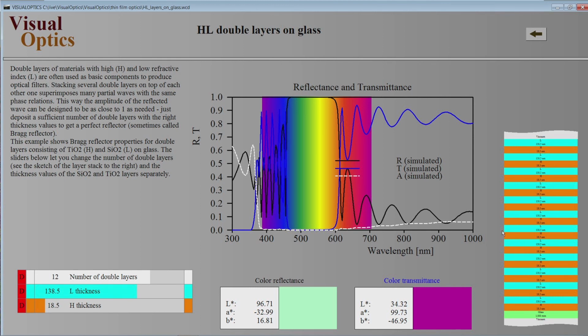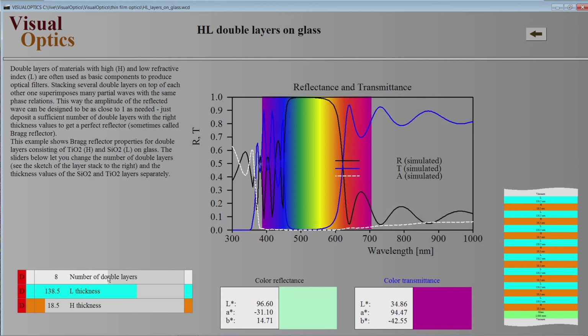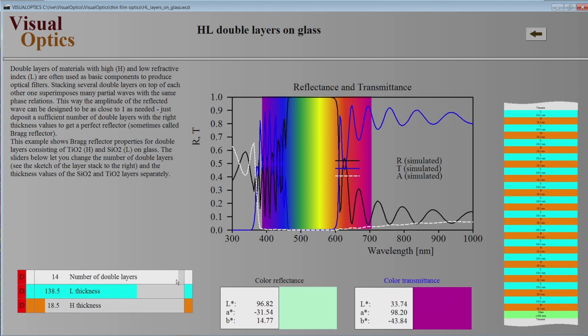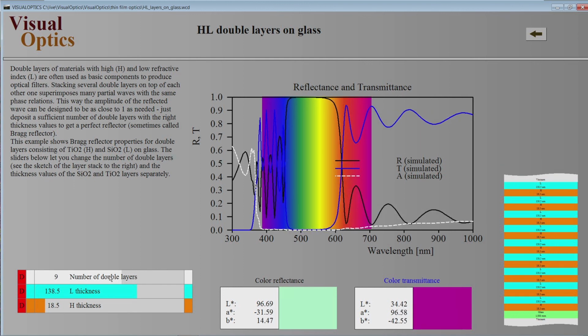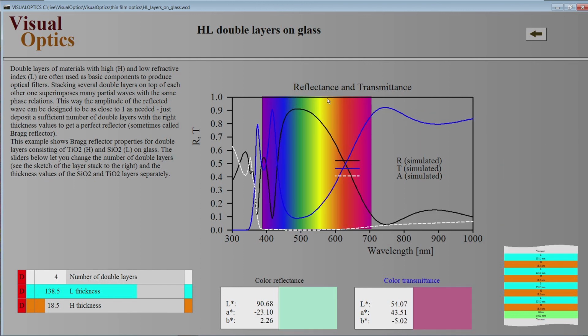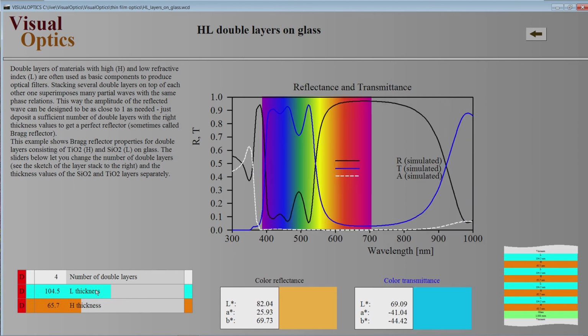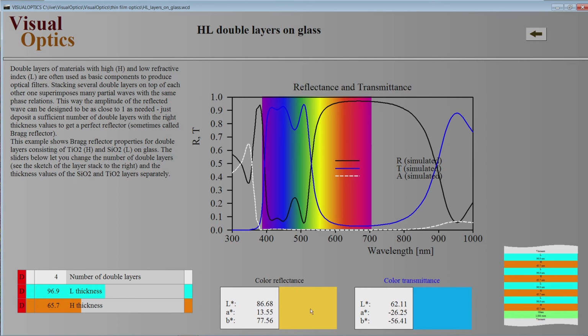And what I can show you in this simulation is a so-called Bragg reflector, where you have a certain number of double layers. I can tune the number of double layers here from 1 to 20, I think, or 15. And depending on the number of double layers, you can see a very high reflectance, which is called a Bragg reflector. I can also tune the thickness of the titanium dioxide layer and the SiO2 layer. And what you see here in addition is the color in reflectance and the color in the transmitted